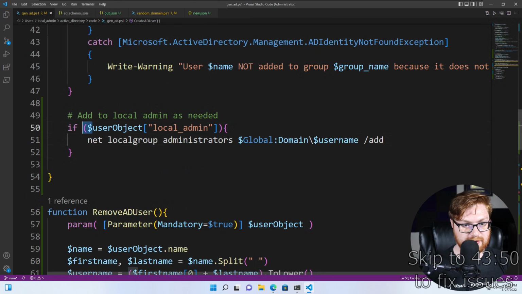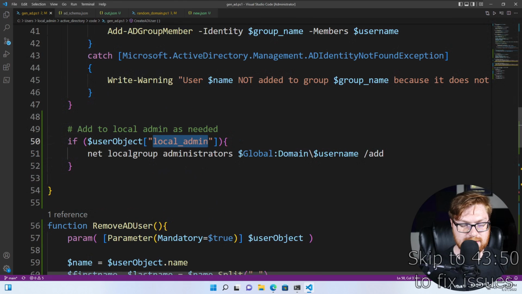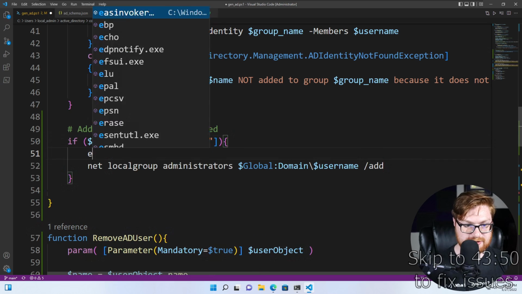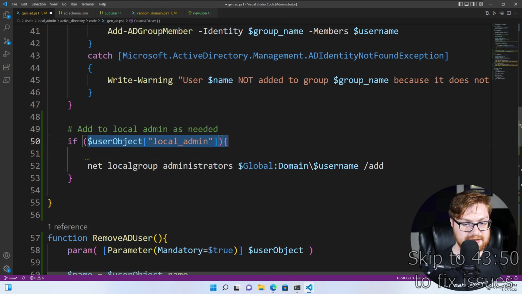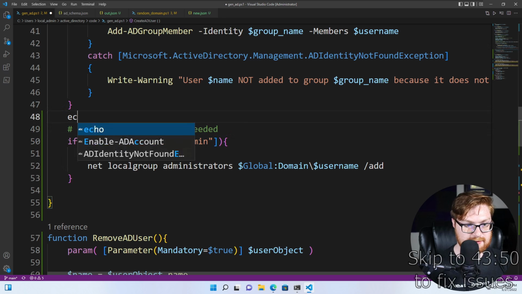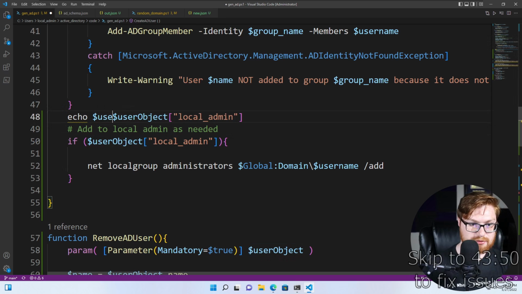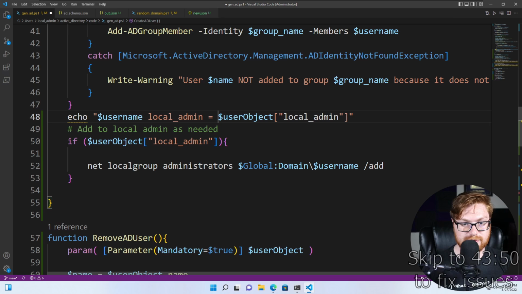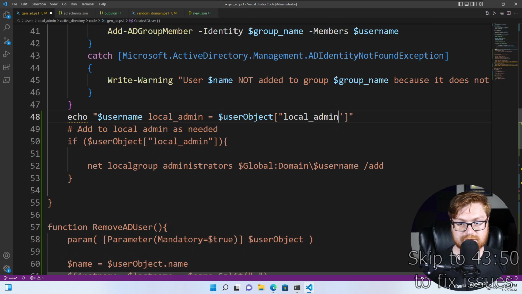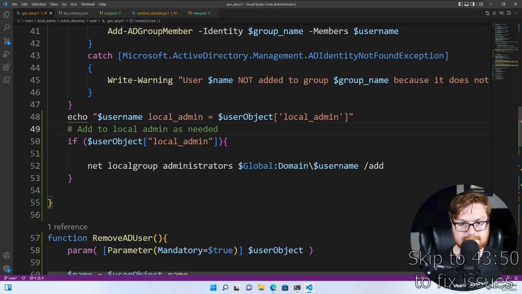Gen AD included, if our user object, local admin, that's true. Does this command work for us? We should probably echo, it should have said that command completed, but let's echo username to just display this. Local admin equals, and then we can see if we actually get that retrieved for us. Yeah? Might be kind of weird, but that command should have ran